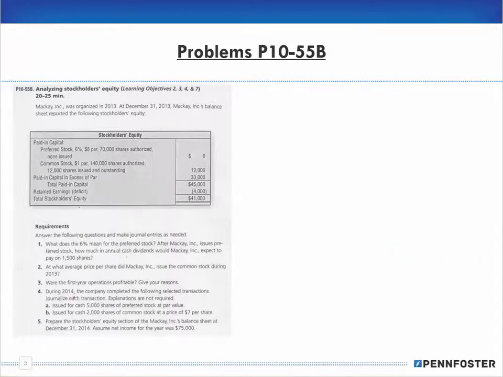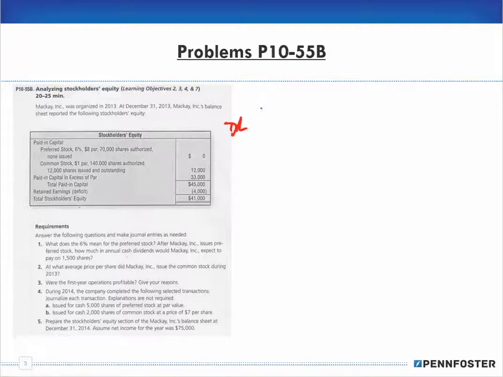Number 4, all right. During 2014, the company completed the following selected transactions. Journalize each transaction. Explanations are not required. So A, issued for cash 5,000 shares of preferred stock at par value. Okay, so